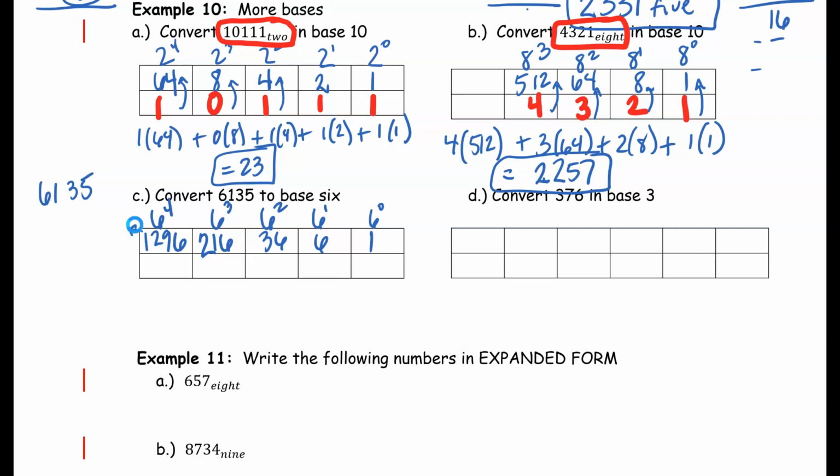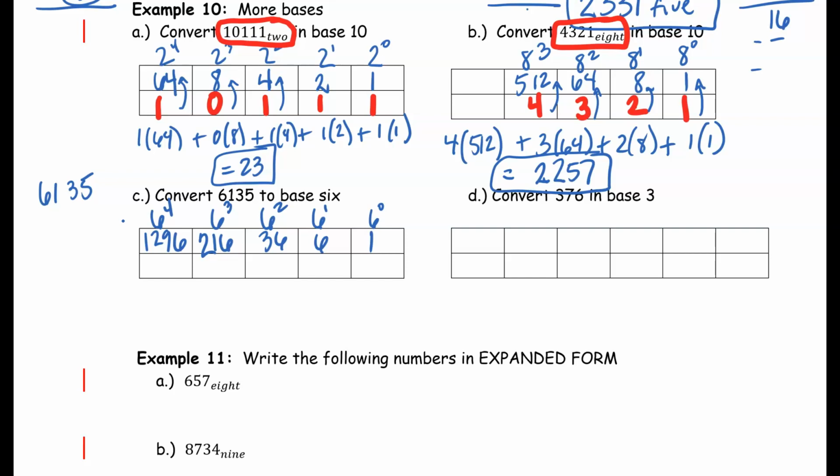Well, I would actually go and do 6 to the 5th power just in case. If you do 6 to the 5th power, it's a number that's bigger than 6,135. So that's why I ended up stopping at 6 to the 4th. But I would keep going as big as you can until you go bigger than the number. So take your calculator, put